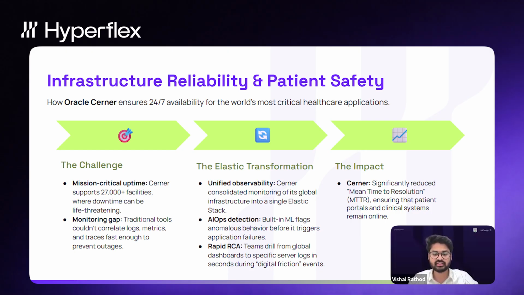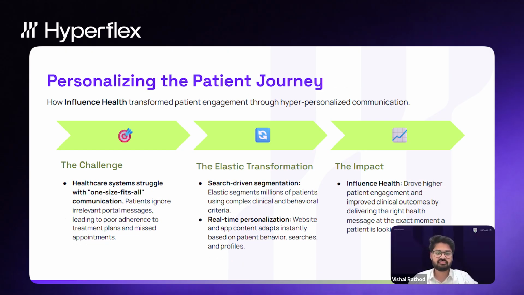They've also implemented rapid RCA. What this means is whenever there is any downtime in any of the machines, you don't have to wait and go through the whole logs, and the root cause analysis process would take days before you could identify why this particular thing happened. Now, within a few minutes, they can identify where the issue started and how it can be fixed. So how it is impacting the direct customer, the mean time to resolution of any issue has been brought down by almost 80%. I have yet another very interesting example by Influence Health, where they are personalizing the patient journey.